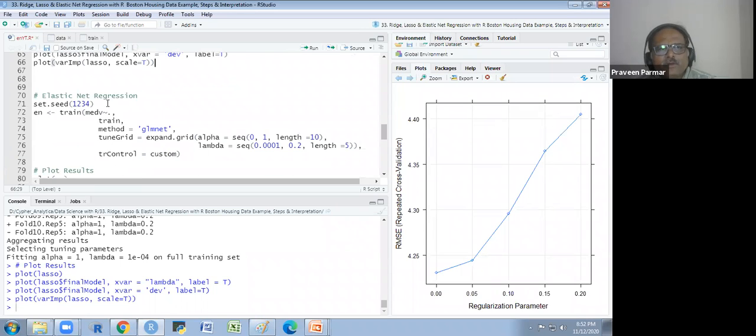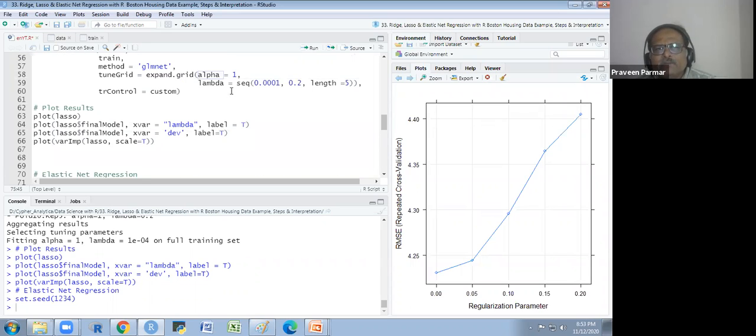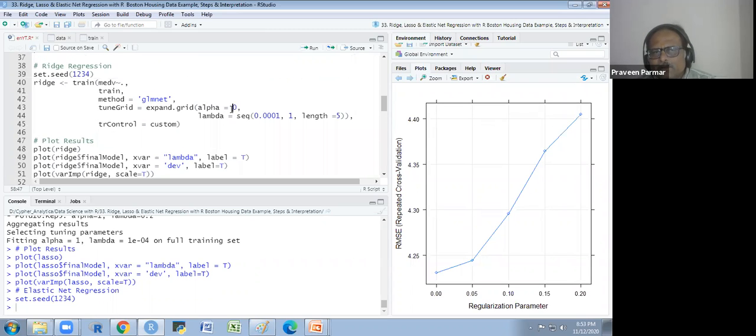And now we use the elastic net. There is not much difference, everything is the same, but we just have to write down alpha here as well, because previously we took alpha 1 for the lasso and 0 for the ridge. It was fixed. Lambda we found through this graph.